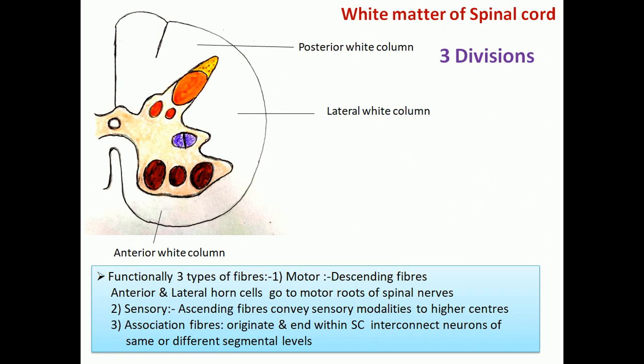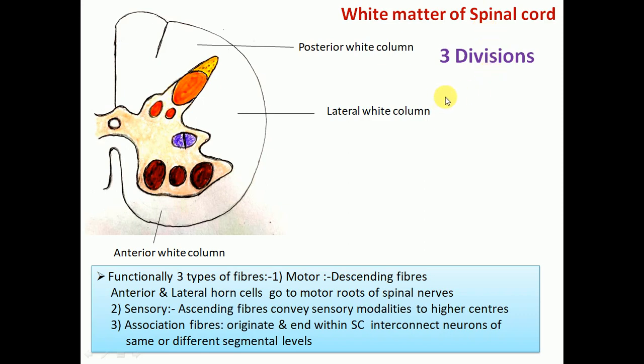Next to this, the white matter of the spinal cord. Now this white matter is present outside the central gray matter. It is present here. This white matter is white in appearance due to the myelination of most of the fibers of this region, because this region contains the axons of neuronal cells, or nerve fibers. That's why it is white in color.